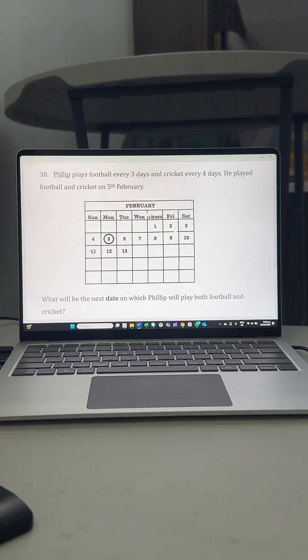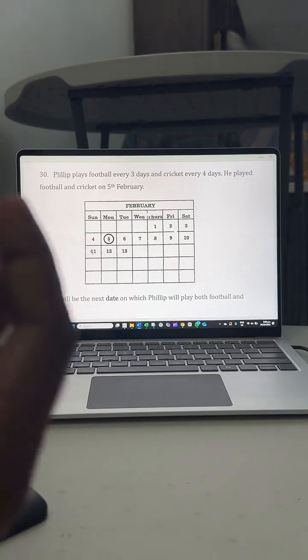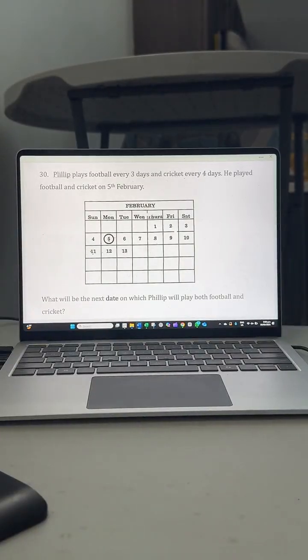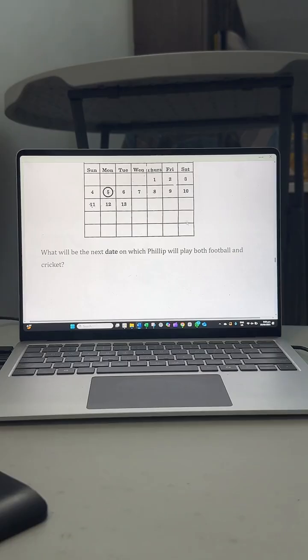So when will they coincide again, it will be the LCM, right? It's similar to a question where 2 people are running a race, one running at one speed, one at the next speed. When will they meet again if they make laps? You have to find the LCM of the 2 speeds, right? Anytime you're talking about when we need to meet again, you find the LCM and then you add it to 5, right? So the LCM